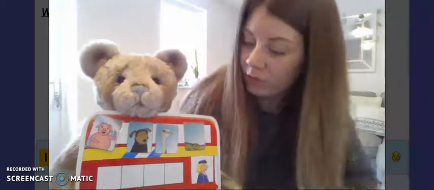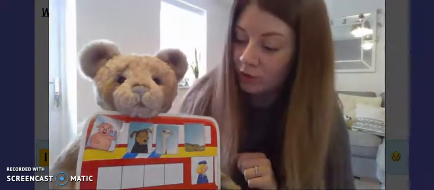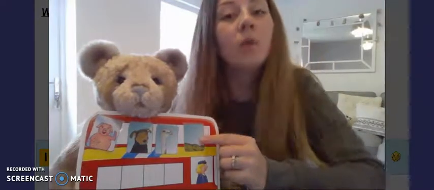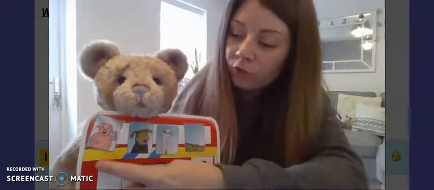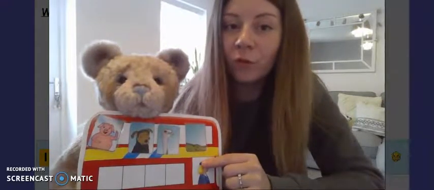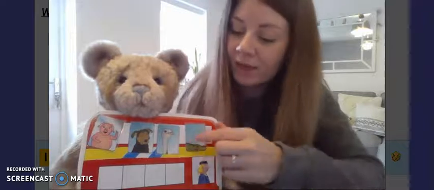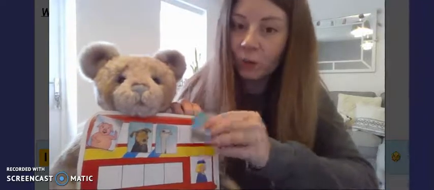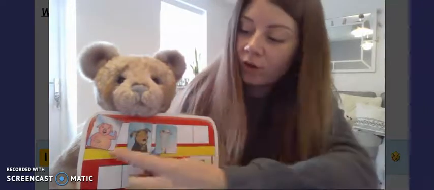Oh, now the crocodile wants to get off to go into the river. Okay, because crocodiles like to go into rivers. So if I take one away, how many will we have? So we've got 1, 2, 3, 4. What is 1 less than 4? It's 3, because if I take one away, I've got 1, 2, 3 left.